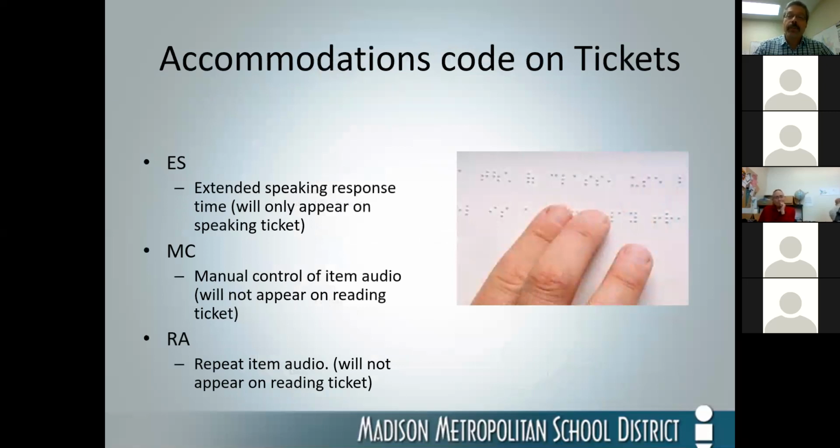If you recall, speaking is the only one of the 4 domains that is actually timed, that the average student, without any supports or accommodations, will go no longer than 30 minutes. Extended speaking response time is actually time and a half, and will provide the student with 45 minutes of speaking time. This will appear on their tickets, so you should double check that